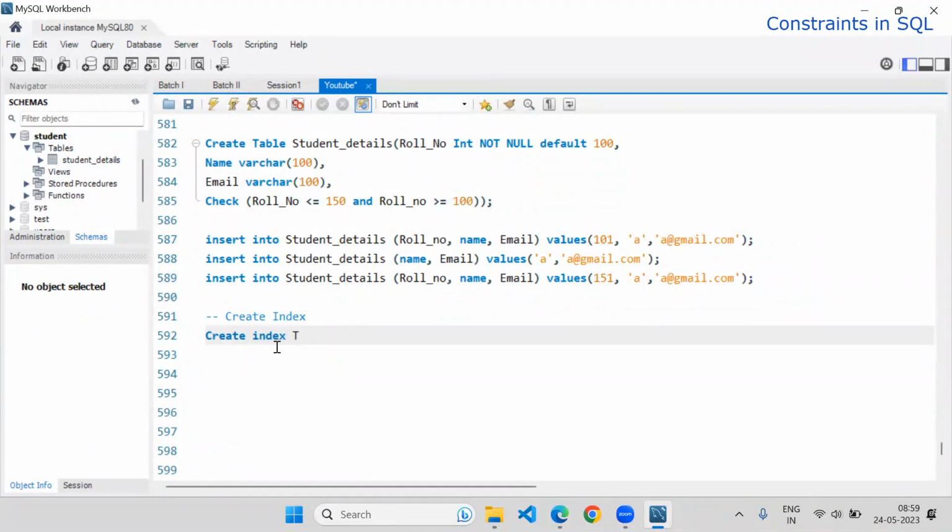No. You are supposed to give me the index name. So I will say create index test. Okay, and on the next line, it is not necessary to write everything on the next line, but you can write. It's not a problem. And I will say student